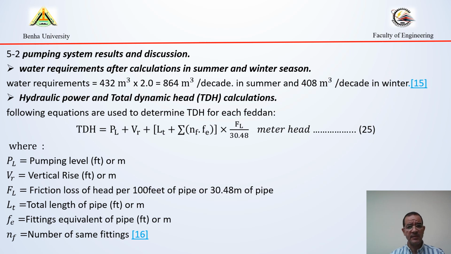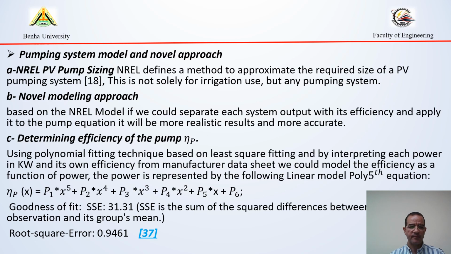For the pumping system results under discussion, the total water requirements is 864 cubic meter per decade for 2 feddans in summer, and 408 cubic meter per decade for winter for 2 feddans. We use in pumping system modeling the NREL, the National Renewable Energy Laboratory of USA, PV pumping system. We modify it with the efficiency curves